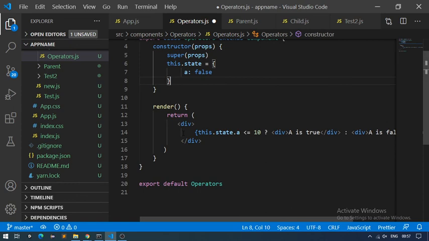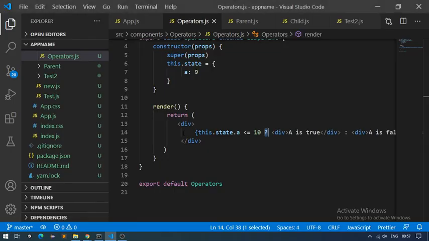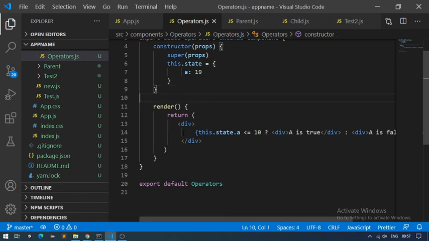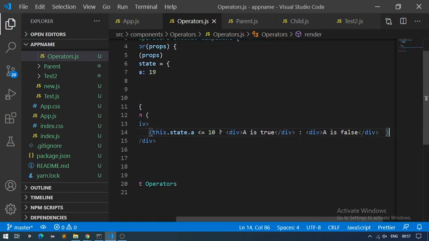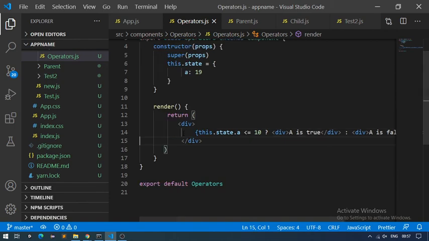For example, if you have some values here like this, then this thing is a condition which is being asked by this question mark. So this is how you can operate and play around with conditions, and I hope you understood how we use conditions and operators in